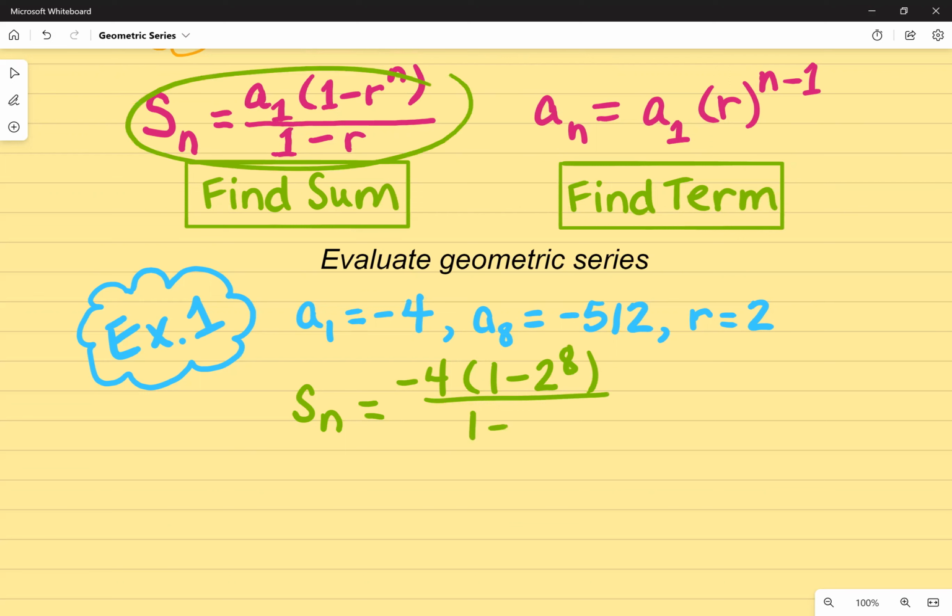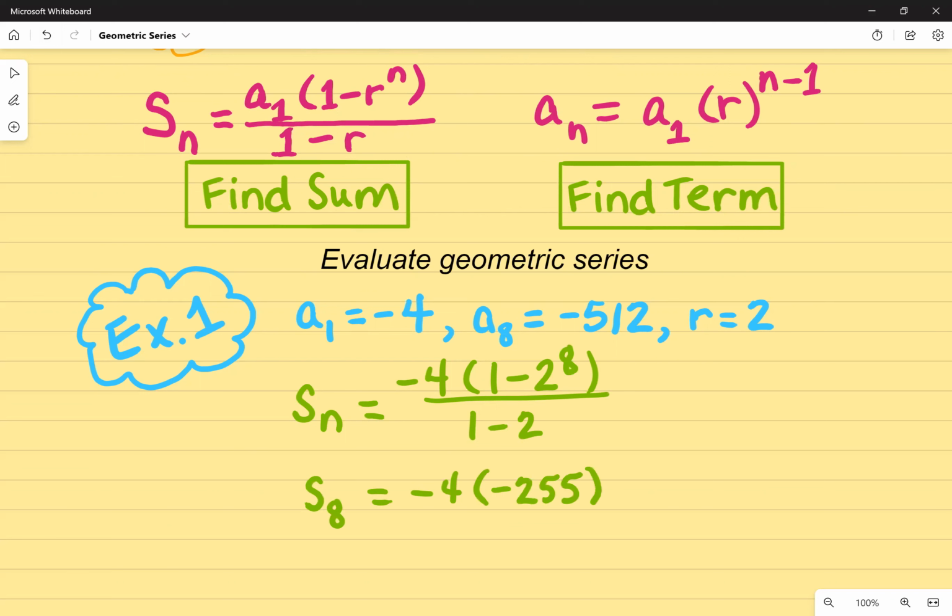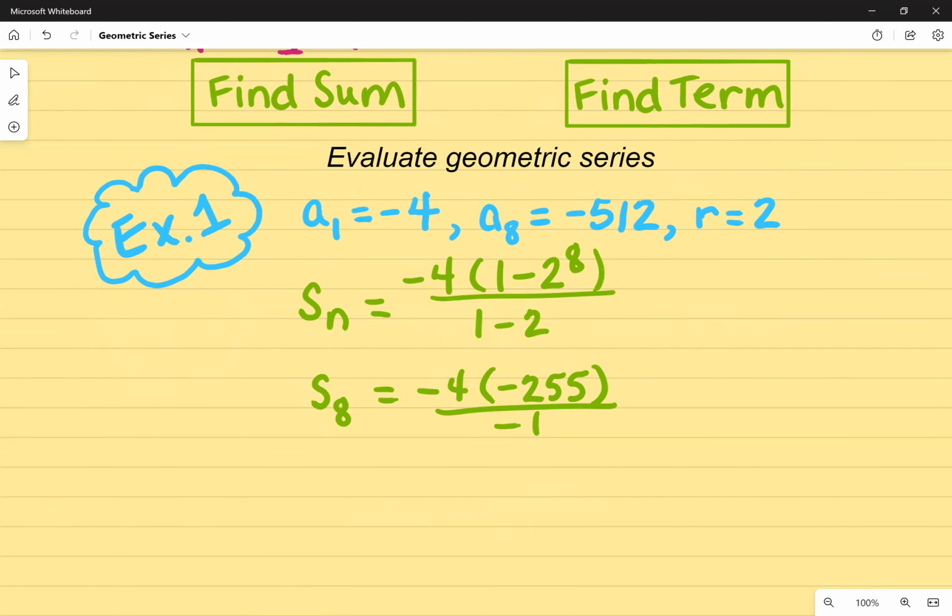So again, I'm using this formula that I just circled, and the R is 2. Once I simplify this, this really becomes S sub 8 because n is 8. And I have -4 times, and once I simplify 1 minus 2 to the 8th power in a calculator, that becomes -255. All of this is divided by -1, which is 1 minus 2. And now S sub 8, if I further simplify it, is going to be 1020, all divided by -1, which becomes S sub 8 is actually